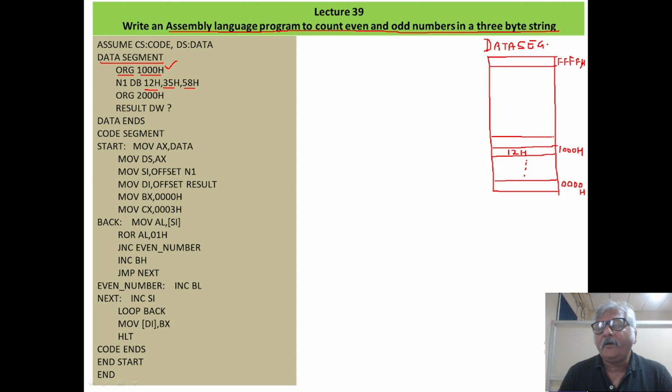Then at the immediate next offset address, that is 1001H, the next data 35H will be stored. Then the third data, that is 58H, will be stored at the next offset, and that is 1002H.